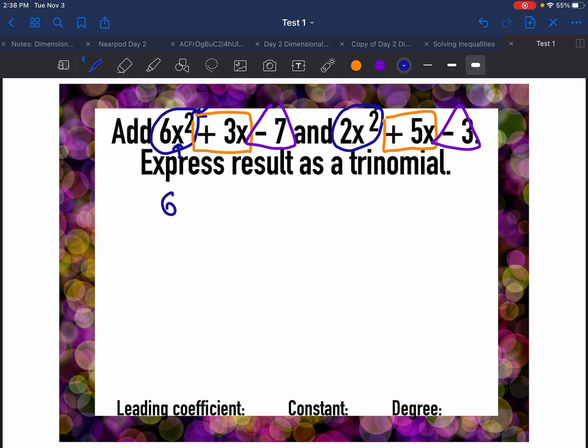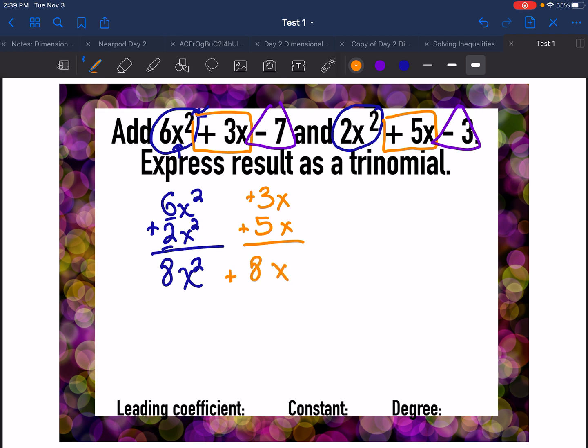So I have 6x squared plus 2x squared. I add the coefficients, 6 plus 2. I get 8x squared. And the second set, I have positive 3x and 5x. I'm going to add those. 5x plus 3x, we get